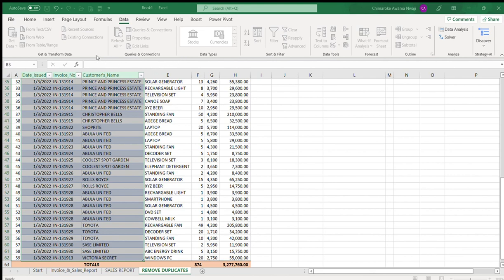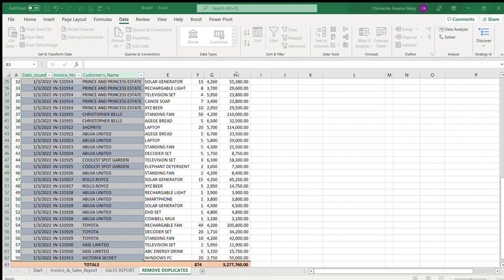Now I want to change the way this date is. I don't want this 12:00 a.m. to come up. So what I will do here is click on this data type, go to Date, and replace the current data type with this. I will just say yes. So you see, it has given me the date just the way I want it. So I can now drag,